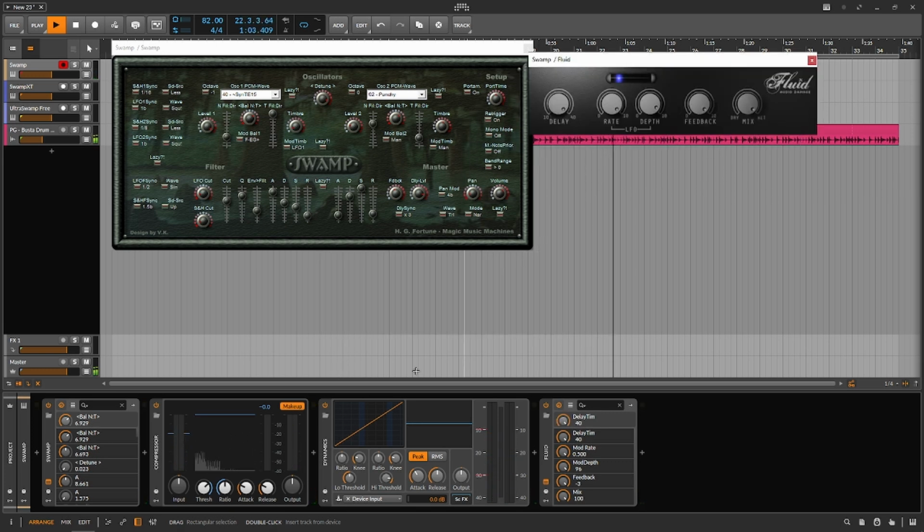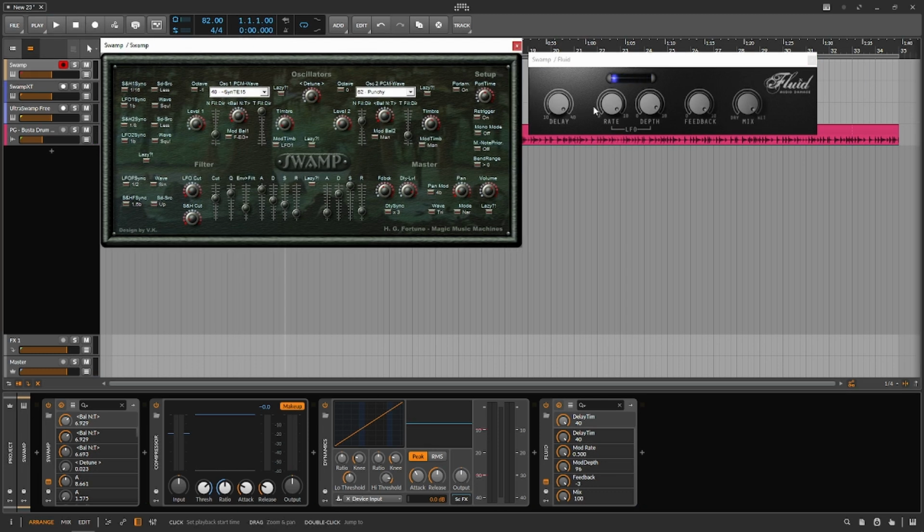Yeah, that's Fluid and Swamp, the original Swamp, I believe. I don't know what order these actually came out in. I just kind of have them here. I mean, we can listen to some more Swamps, some more everything. It's just such a unique sound. I personally like to keep Fluid, which is also by Audio Damage. I like to keep Fluid